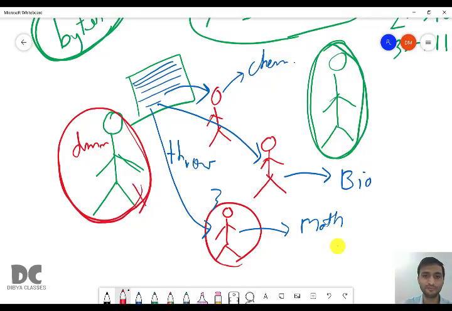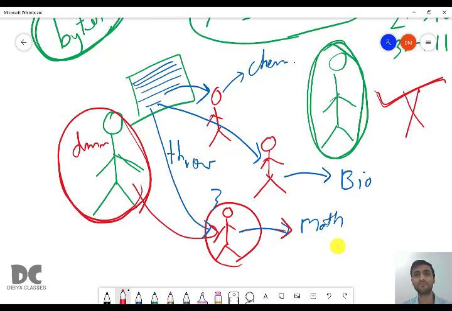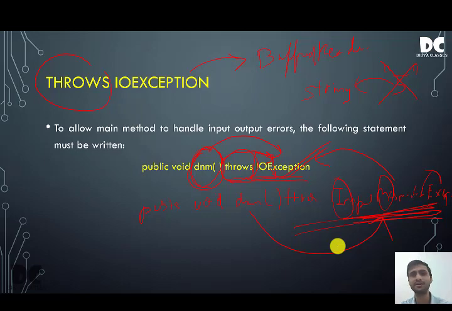When you give this math problem to your friend, he may solve, may not solve it. If he is able to solve it, the program will get rectified in Java. If he is not able to solve, then the program will stop and it will not get executed. So what is the work of throw? It will transfer the error from the method, here DNM, it can be any method. If you write A, it will be from method A to the expert. And the expert for handling input output errors is IO exception.